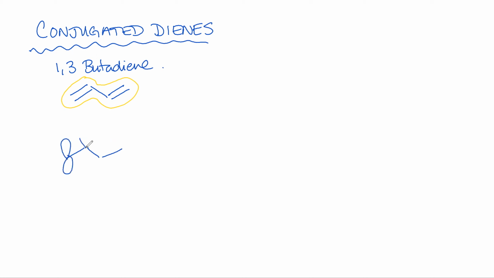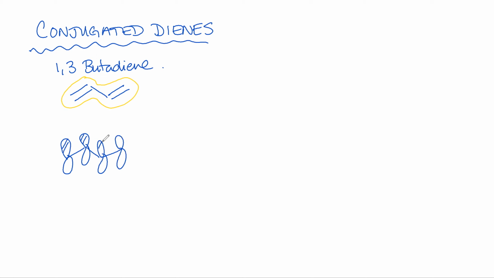Okay, so the next chapter is on conjugated dienes. A nice example of this is 1,3-butadiene. Basically, a conjugated system will have two double bonds that are separated by a single bond. So if we draw the p orbitals of a system like this